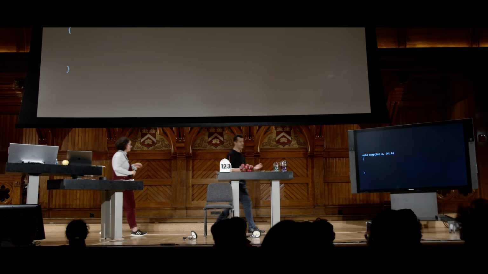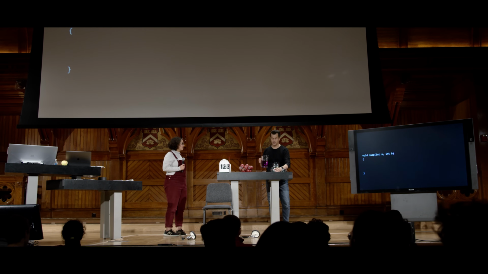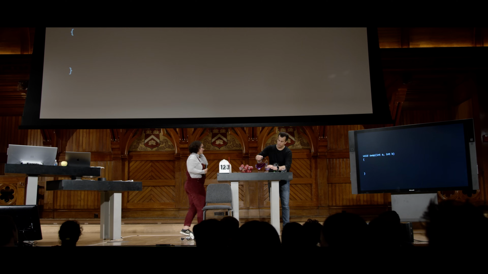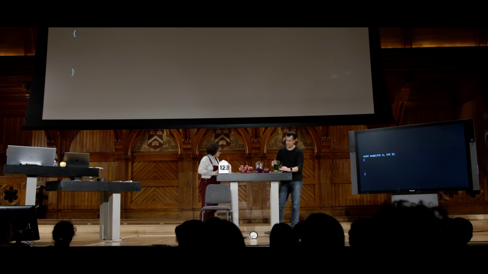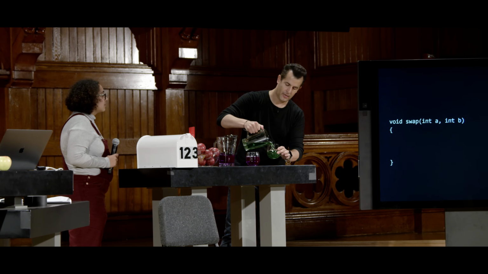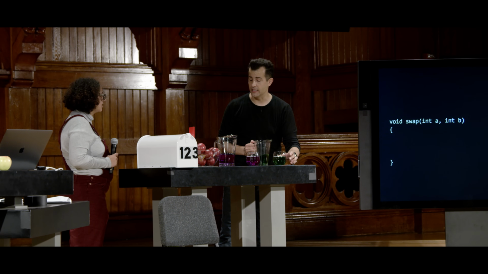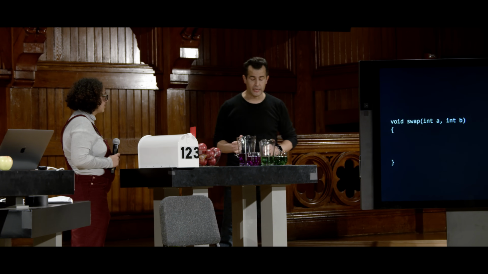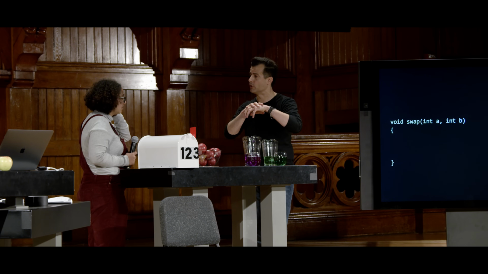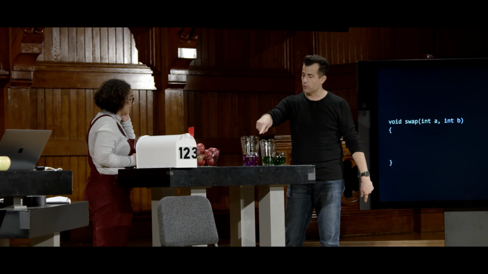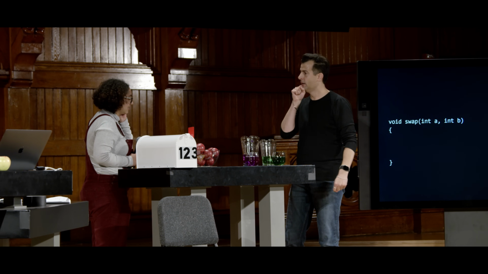OK, so the goal at hand is there. I have 2 glasses of colored water. So we have some purple here. And we've got some green here. And the only goal at hand is to do a very simple operation like we needed to do quite a bit last week, which is to swap 2 variables, just like we swapped 2 numbers. So if you could go ahead and get the purple liquid in here and the green liquid in here, go.